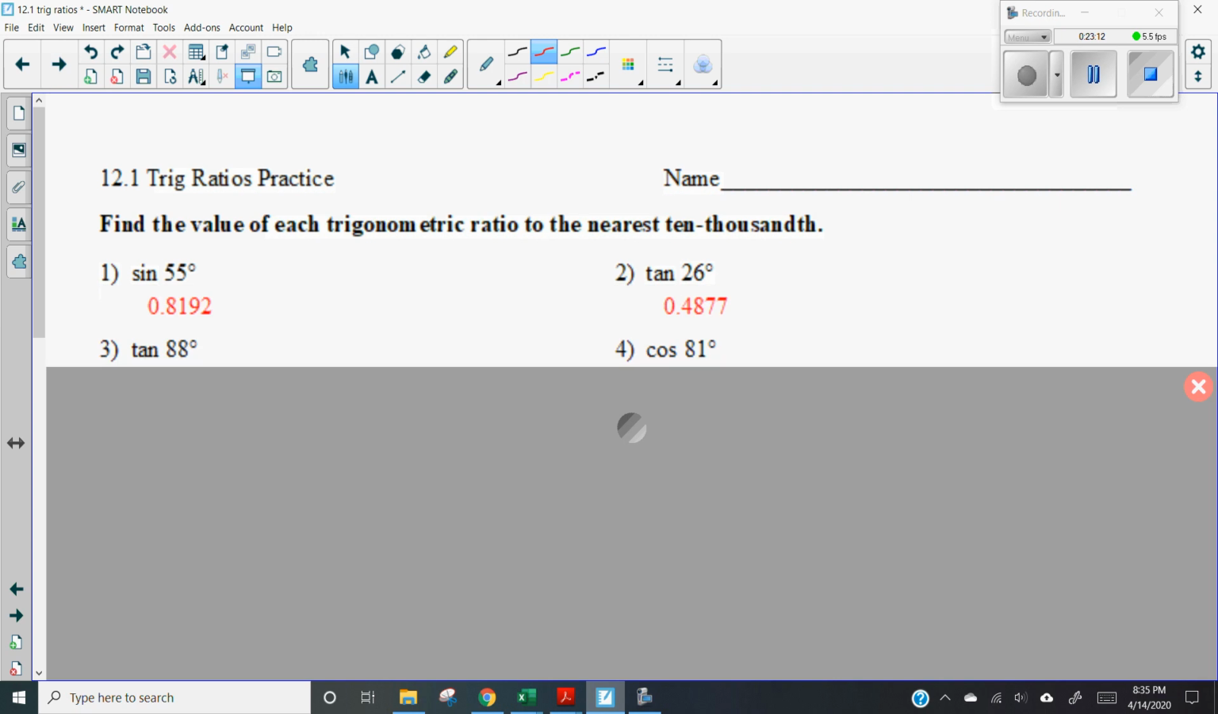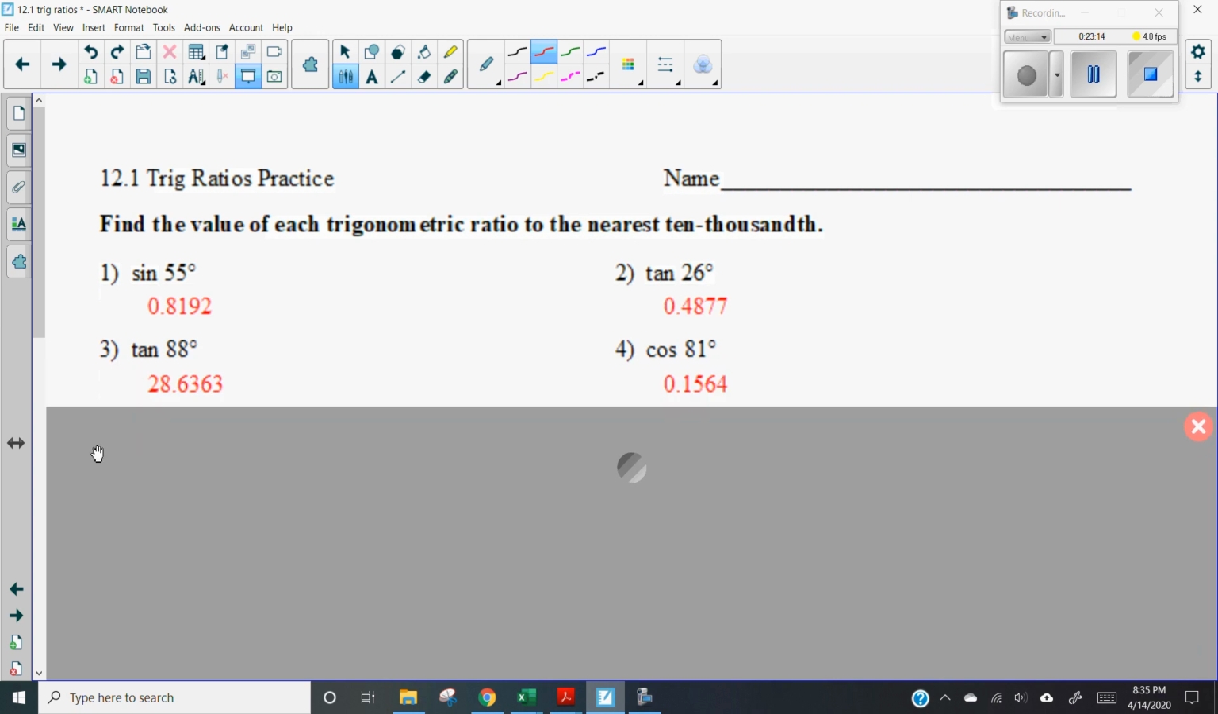Okay, so go ahead and check the first four answers. If you are not seeing those, the only thing I think that could be wrong is you are not changing the mode in your calculator. So again, if you need to go back and rewind the video to see how to do that, make sure